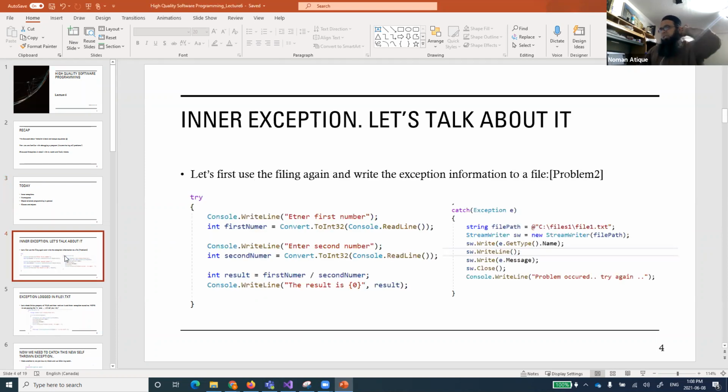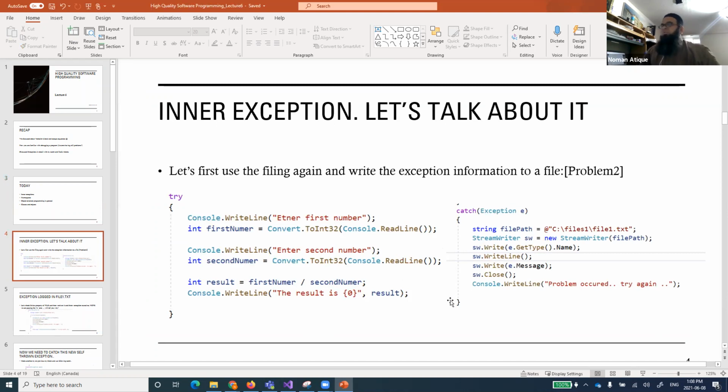Let's talk about the inner exceptions over here. So this is one program that you see. We were working on this type of program yesterday. This is one program, and you have worked on that. Again, I gave you the example program for this, the try. So you see this try is doing what? It is asking two numbers, converting them into integers, dividing the numbers, and producing the result.